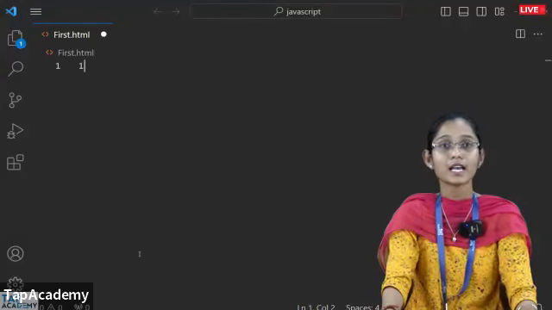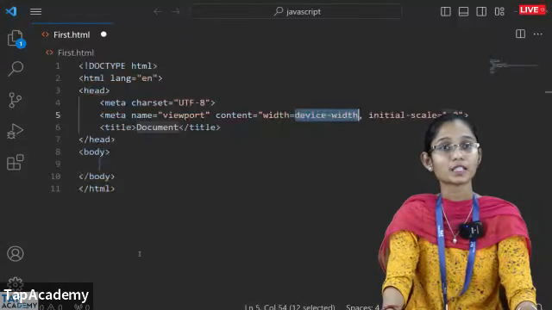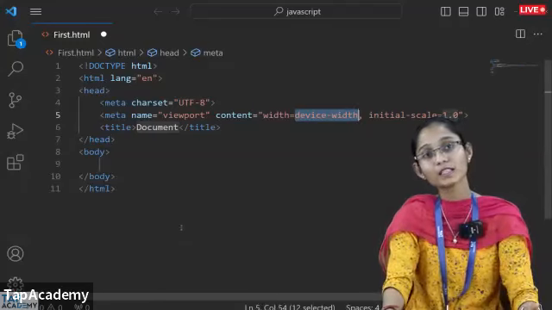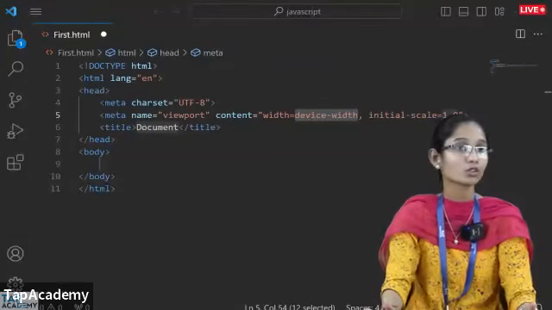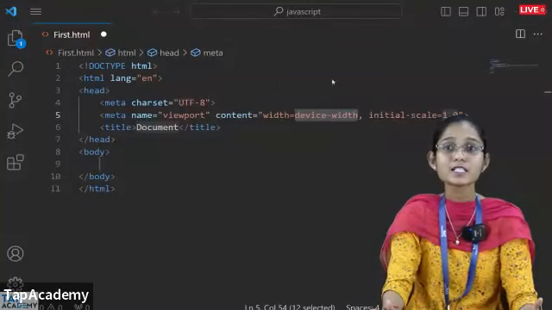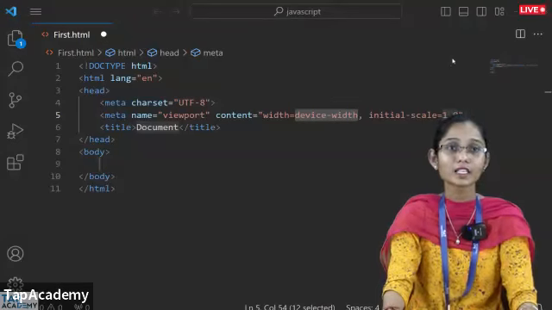So exclamatory mark, and click on the tab. Okay, you can see the structure we got here. You know why that meta tag is used, that also you are aware of. Okay, so why is that a doctype HTML we are giving, why are we giving that meta